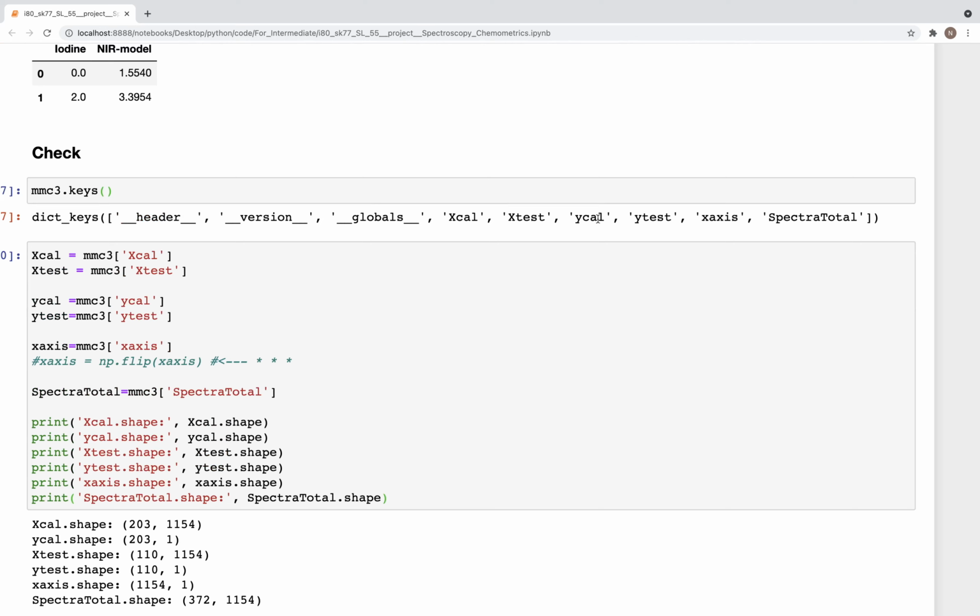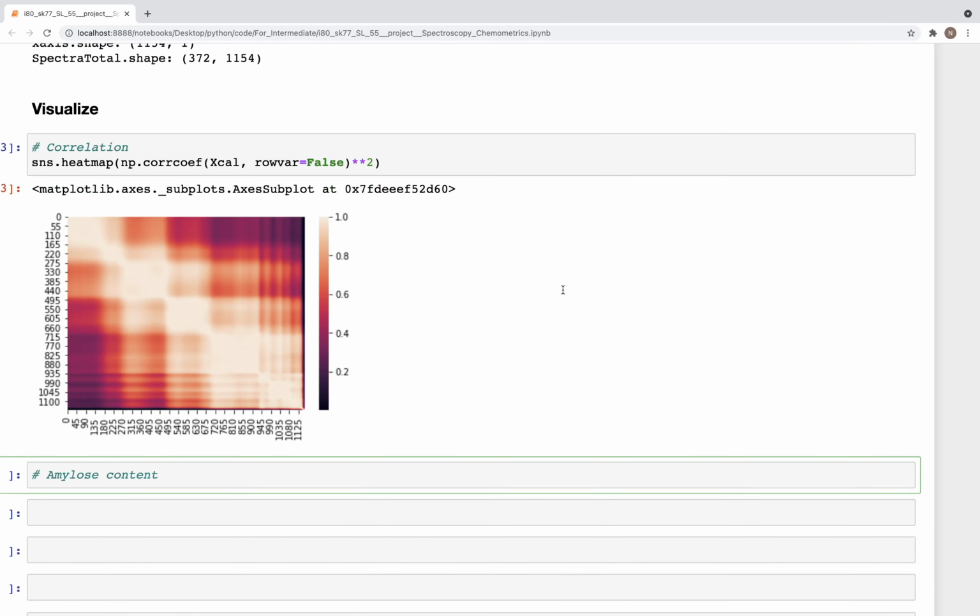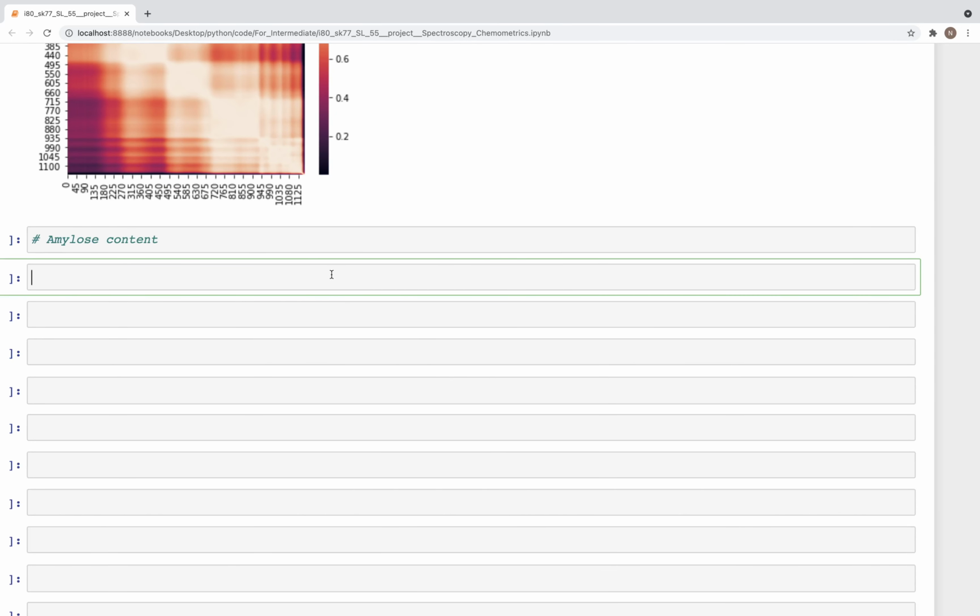So I'm guessing that these are the amylose content values for training, and these are the amylose content values for the test set. That's my understanding there. If you look at y cal dot shape,